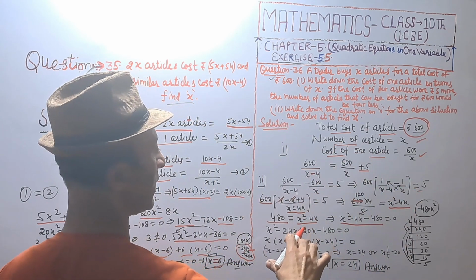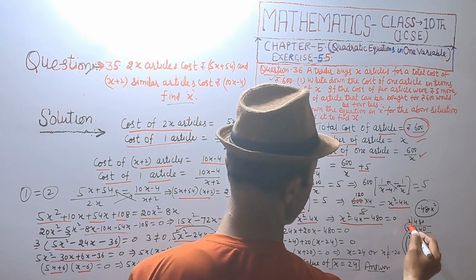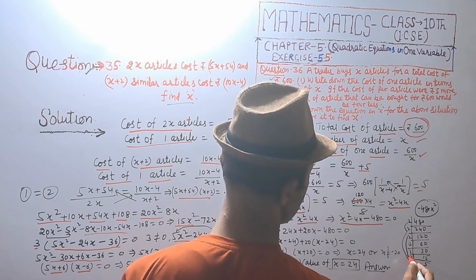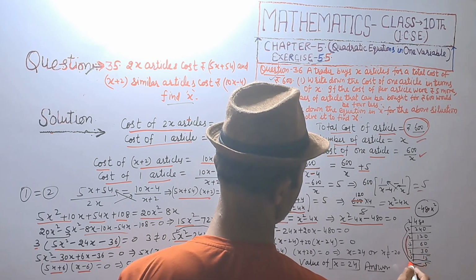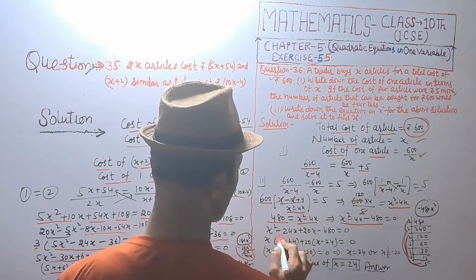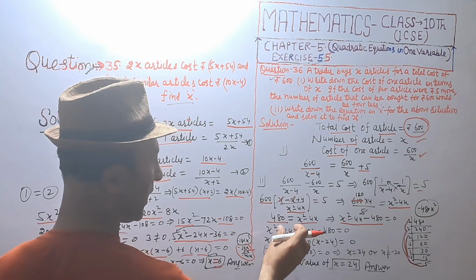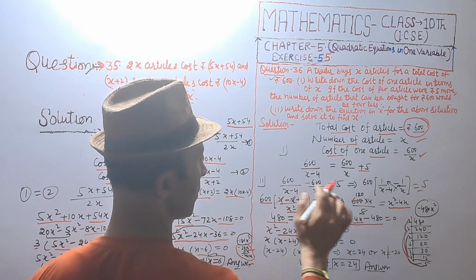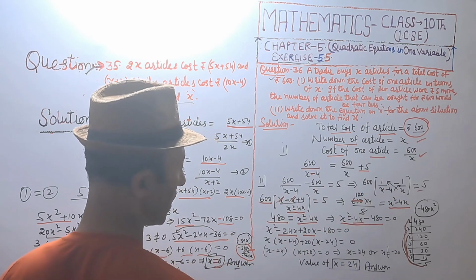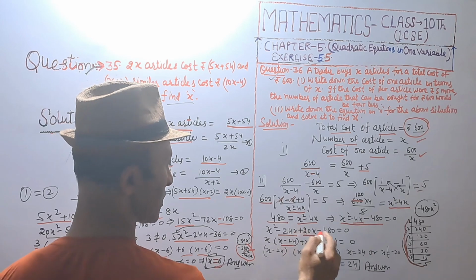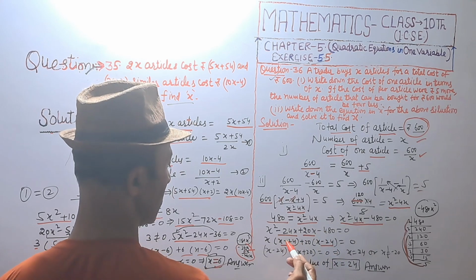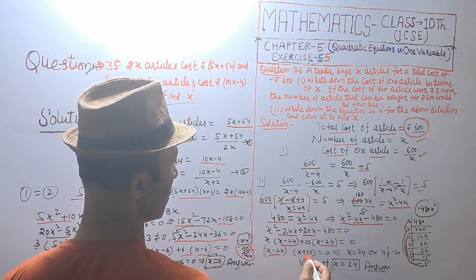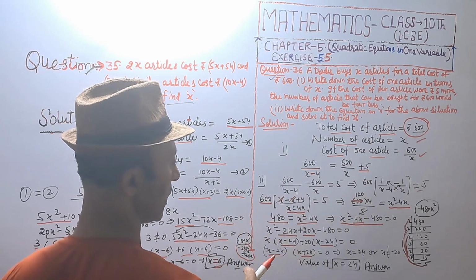So we are splitting by middle term. Prime factors of 480 we get 2 into 2 into 2 into 2 into 2 into 3 into 5. 3 times 2 is 6, 2 are 12, 2 are 24, 5 times 2 is 10, 2 are 20. Minus 24x plus 20x is equal to minus 4x, and their product will be minus 480x squared. So we are taking common x minus 24 in bracket, plus 20 is common, x minus 24 in bracket. One root x minus 24, other root x plus 20 is equal to 0.